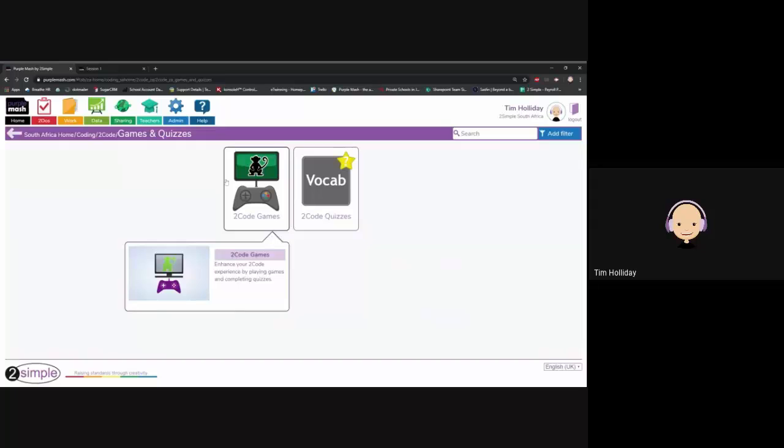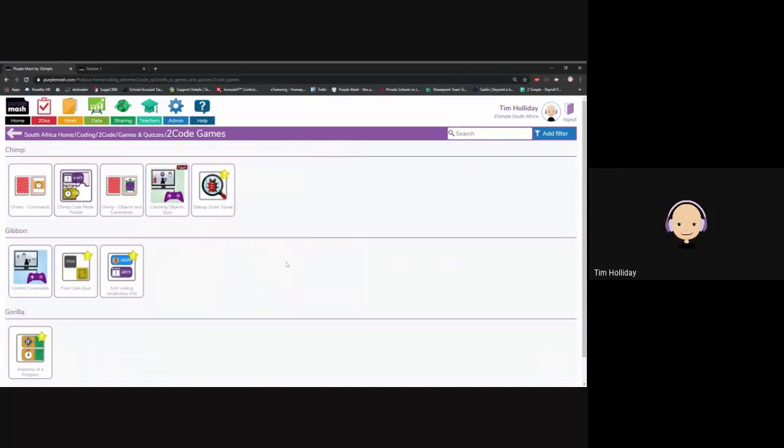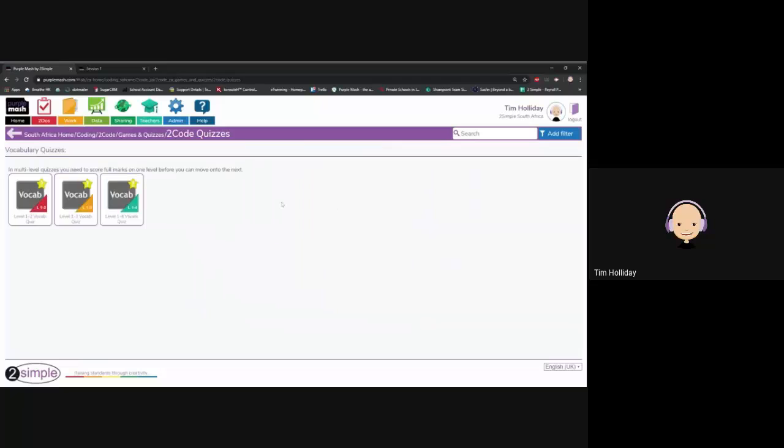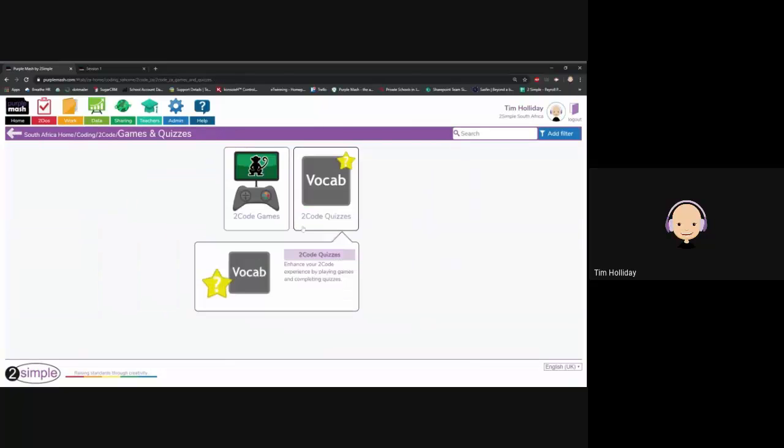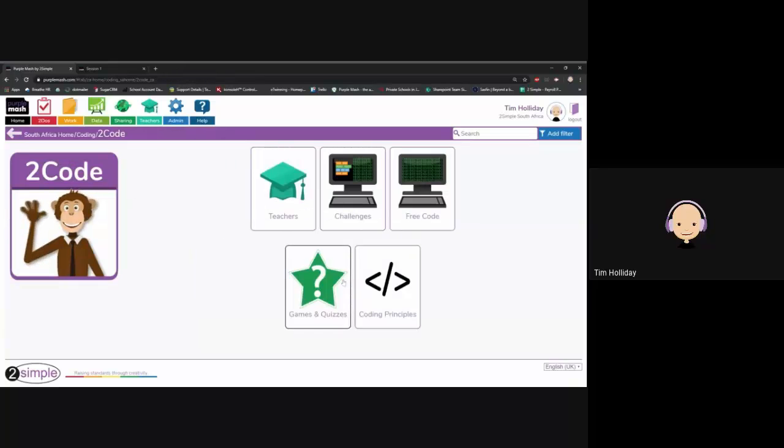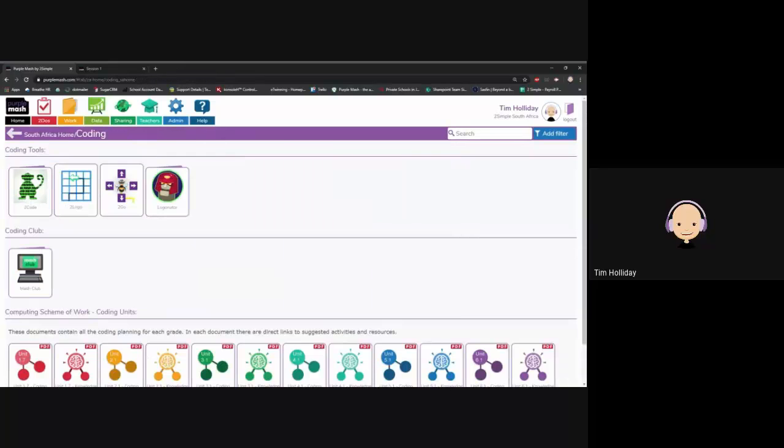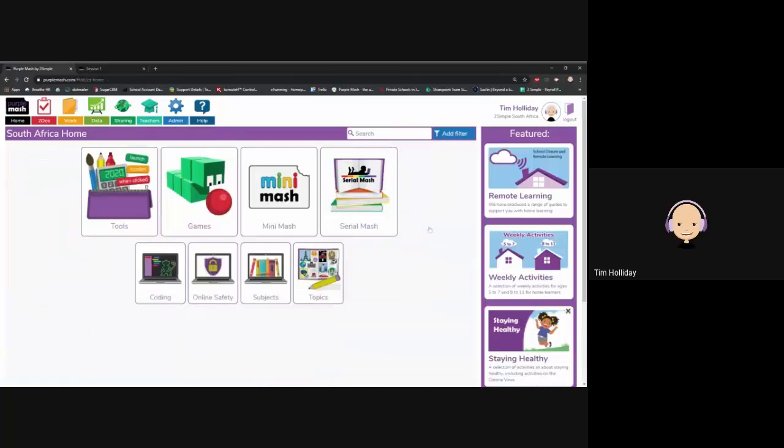Games and quizzes will be games that are based on specific pieces of code and things that you've learned. And the quizzes are things that you can use to assess your kids to make sure that they know exactly what's going on. Okay, so that's basically to code. And that's actually all of the tools that are in our coding section. Cool. So just to go out of coding,